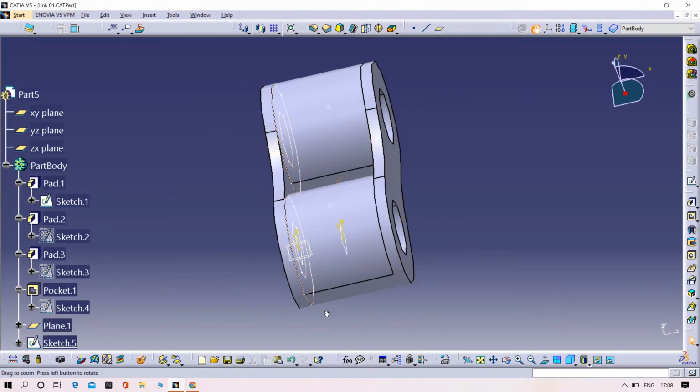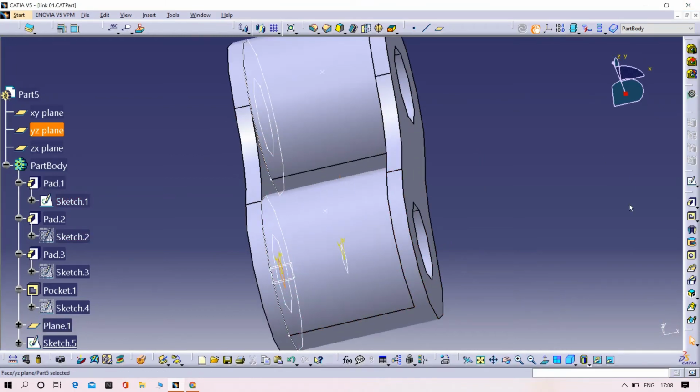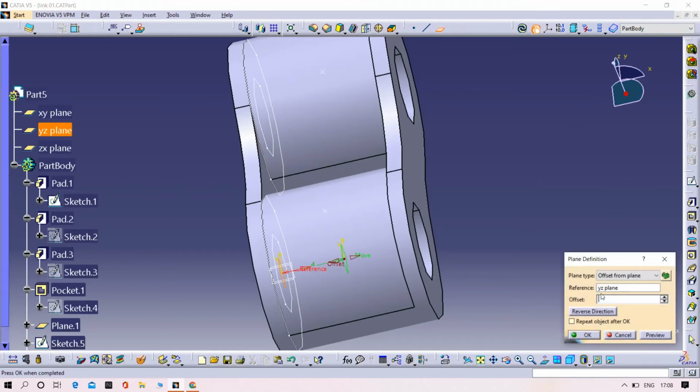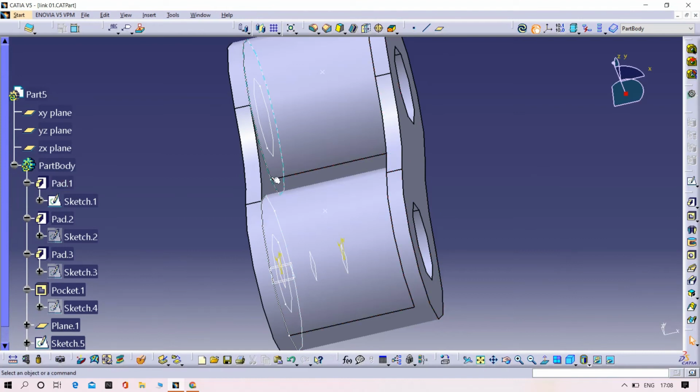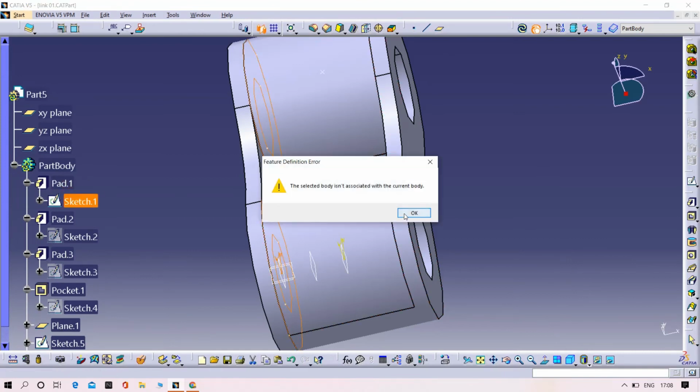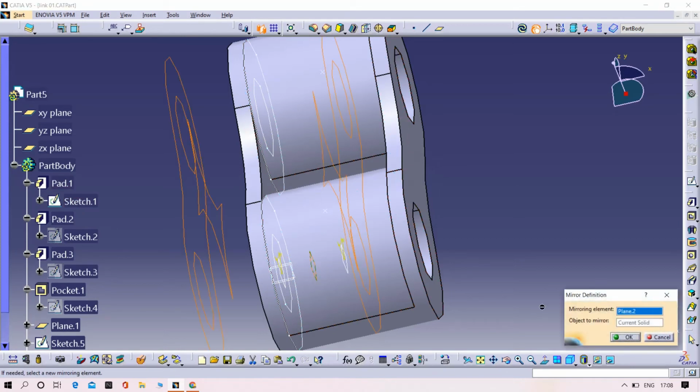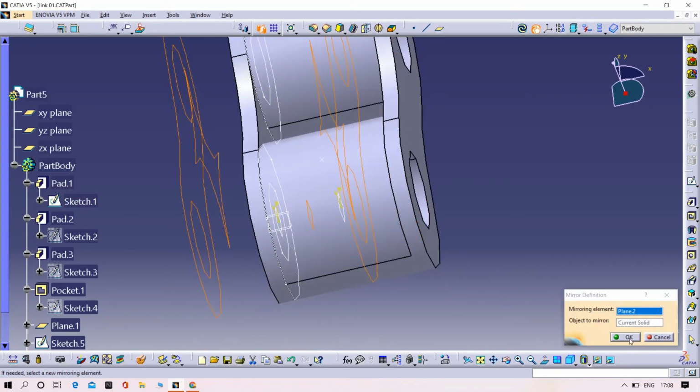First of all, we need to create one more duplicate plane for transfer. Select the transfer. Distance, give 2 mm. Click OK. Then select the sketch, transfer, click OK. Select the duplicate plane, click OK.